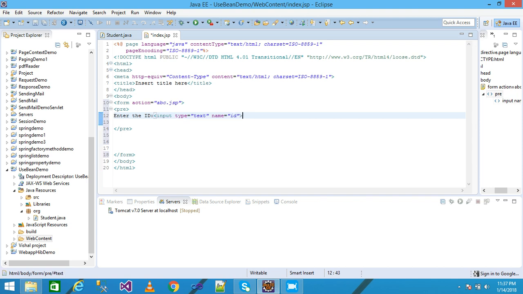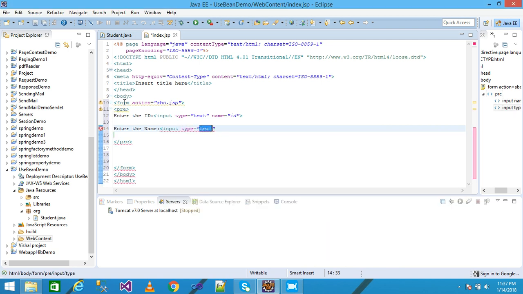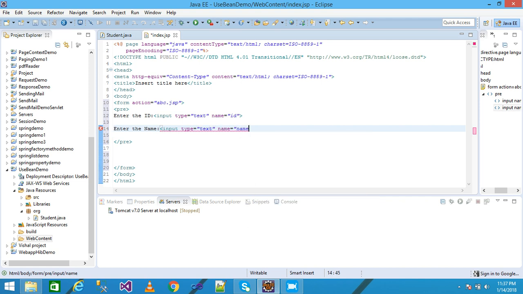Close it, press enter, the name, and taking the input type as text, giving the name as name. Close it and